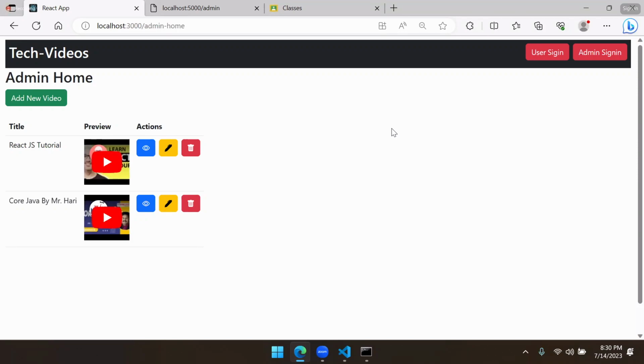The problem is in the API. What we did in the API, when we were testing on Postman to check whether the record was updated or not, was use a redirection there. After updating, we changed it to redirect, and server side redirection is happening to videos. But here client side redirection should happen to admin home. So that is mismatching. The problem is in the server side API, we have a response dot redirect after put